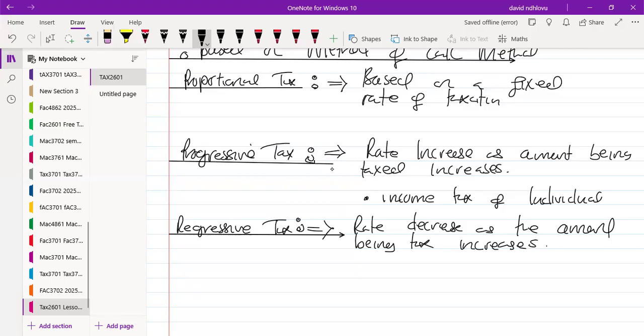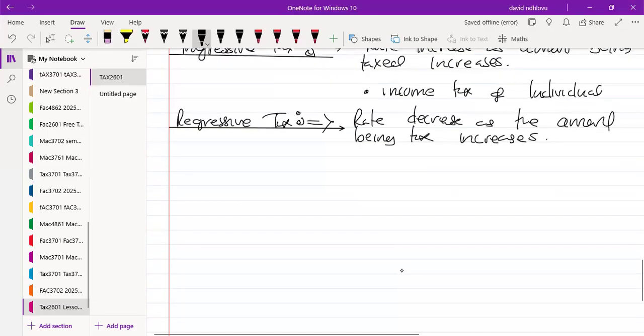And the government wants me to keep on investing and growing the business so that I can employ more people and pay more tax. So they will incentivize me by reducing the rate of tax that I pay because I'm already paying significantly. Even if the rate is reduced, I'll still pay a significant amount in taxation. So that's a regressive tax.